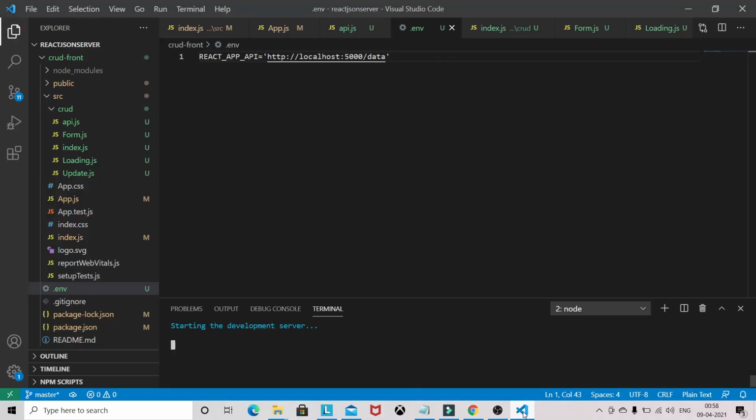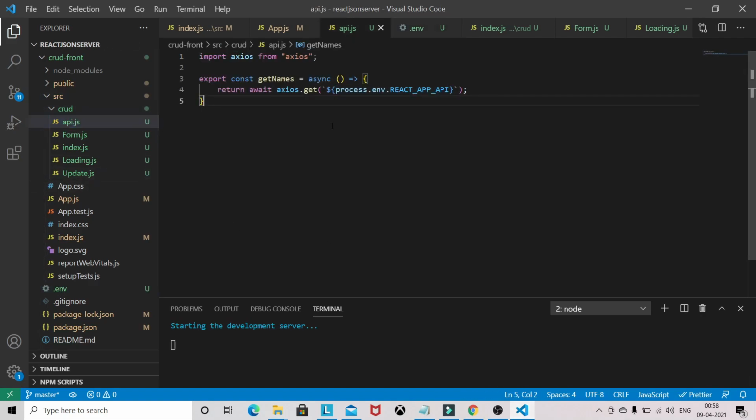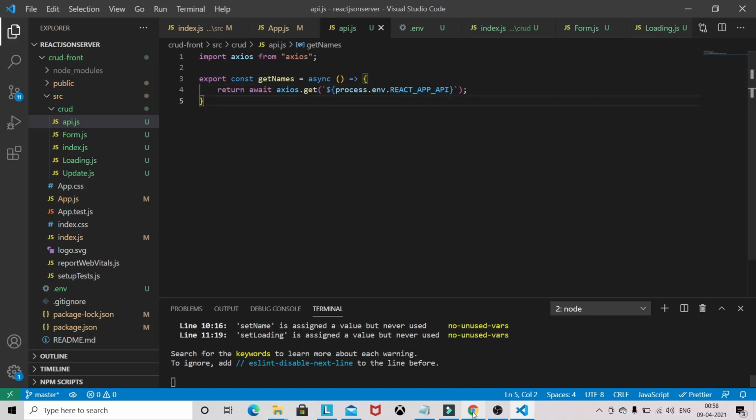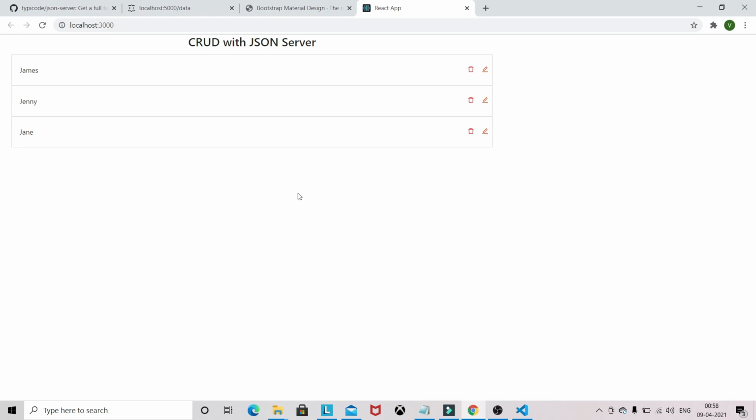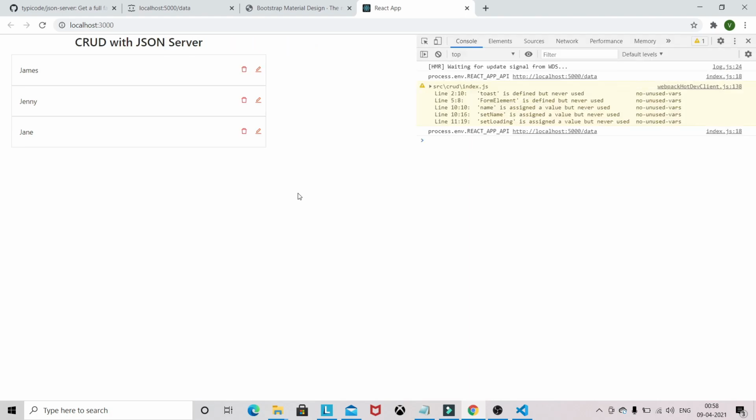Just close this one. Let's check whether the spelling is correct. Okay, the spelling is also correct. Now we are able to see our data after refreshing.